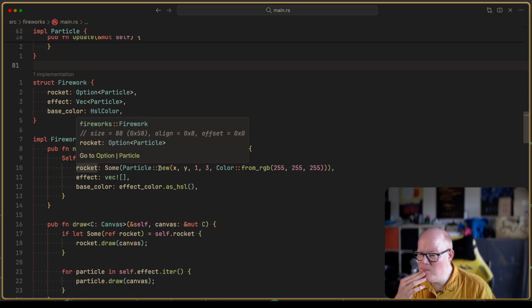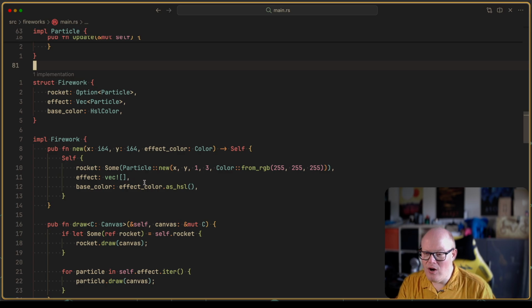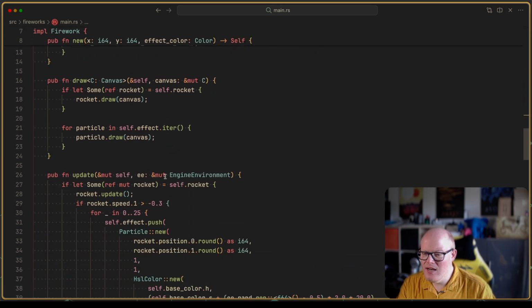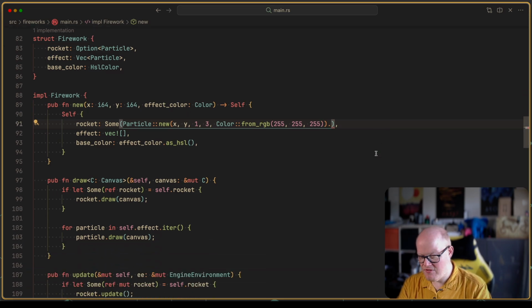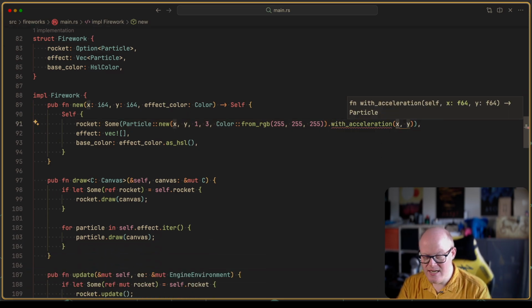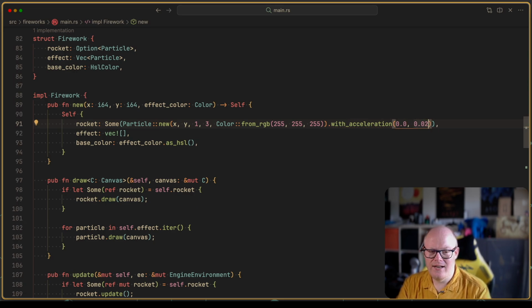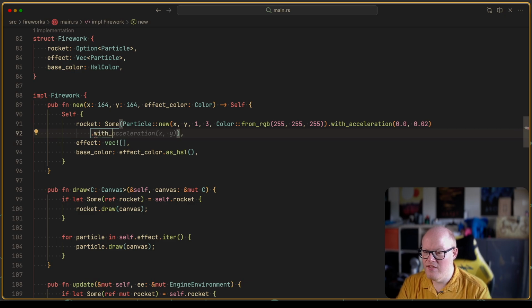So the rocket particle, our rocket particle actually has no movement speed. It has no speed and no acceleration. Okay, I guess that's our problem. So we need something like with acceleration here, we want it to be pulled down as well. And we want something like with speed, so it should go 0 in the X direction, and it should go, yeah, maybe something like,